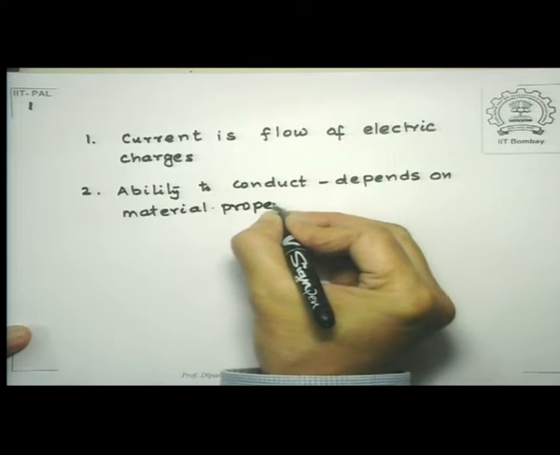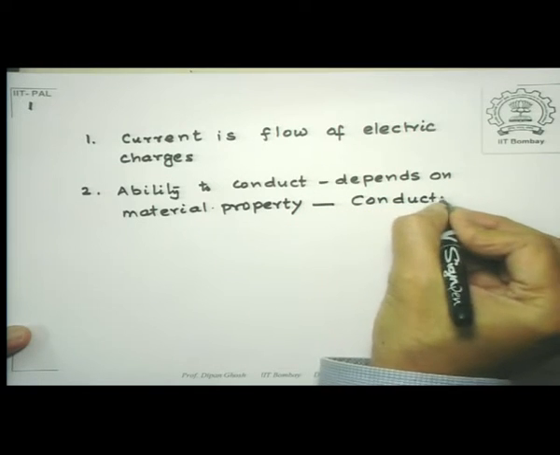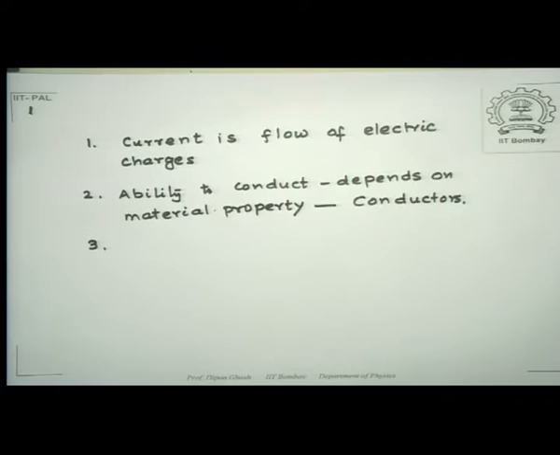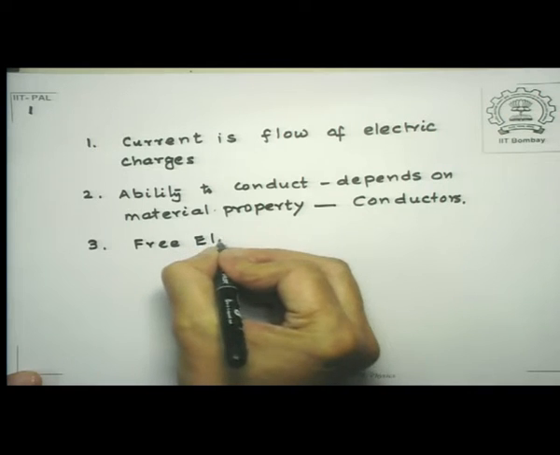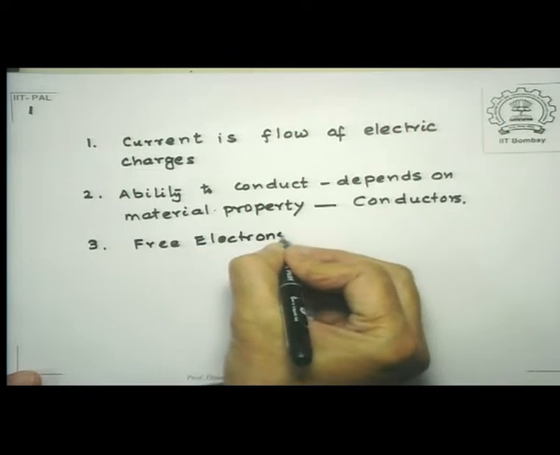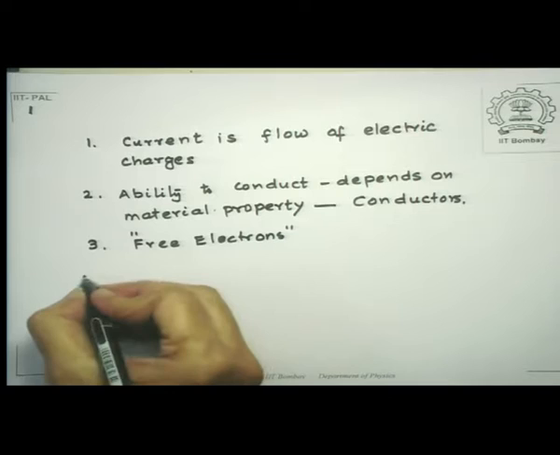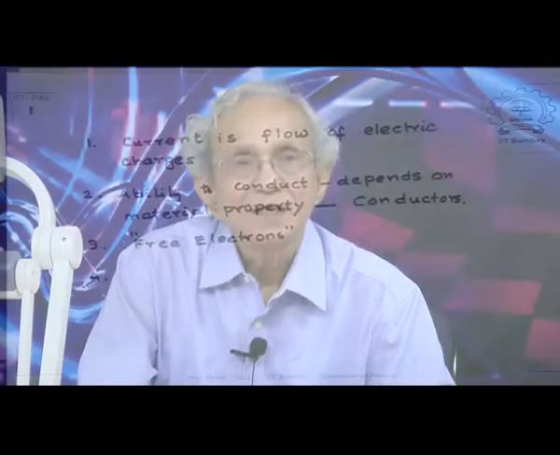in particular we are interested in what are known as conductors. We observed that conductors have what are known as free electrons. The free electrons belong to the material as a whole and are not bound to a particular atom or atoms. The point about the current electricity is, unlike in electrostatics where the field inside a conductor must be equal to 0, the electric field inside a conductor